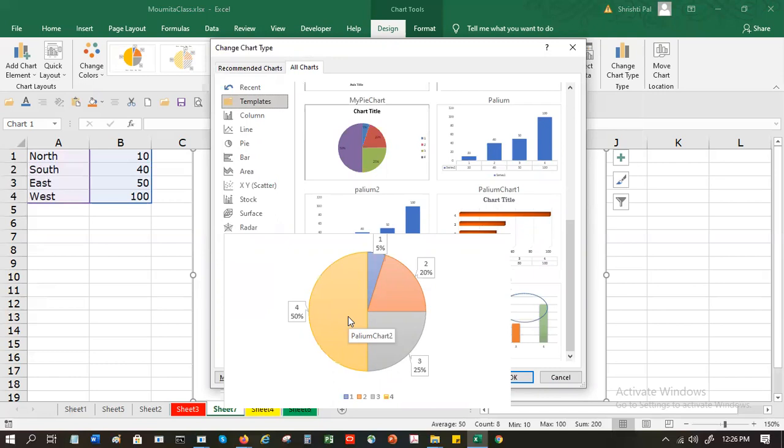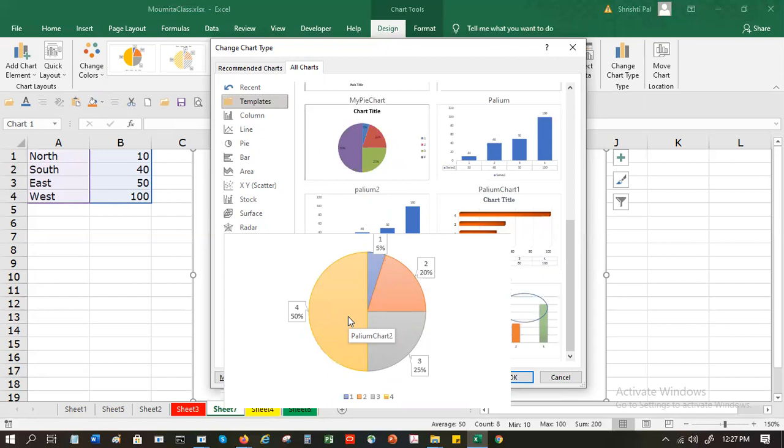And I'll find mine under templates. And remember, you must save your chart under that particular folder for this to appear here.